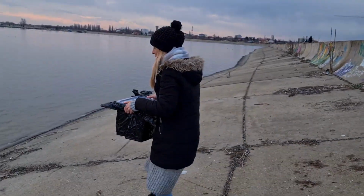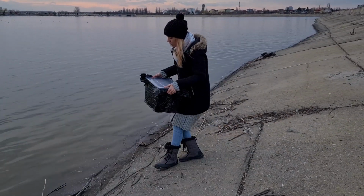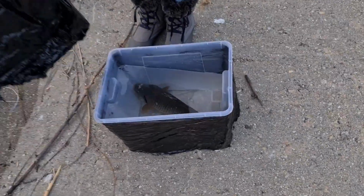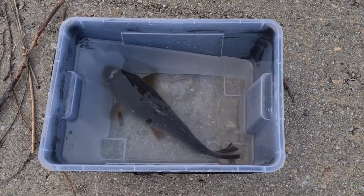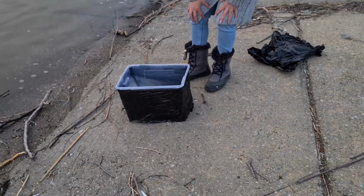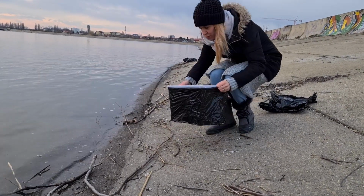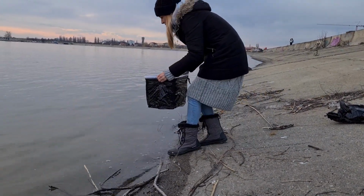I definitely couldn't have been able to add him to the little farm I have in my apartment. Although it would have been nice to be able to say that I have a dog, 2 cats, and a carp in the bathtub. Luckily, there's this lake just a few minutes away from the grocery store. It's called the Mills Lake, and it's actually the largest lake in Bucharest. It's a place where people come to take long walks, jog, walk their dogs, and admire the scenery. It also harbors multiple species of birds and fish, so I figured it would be the perfect place for him